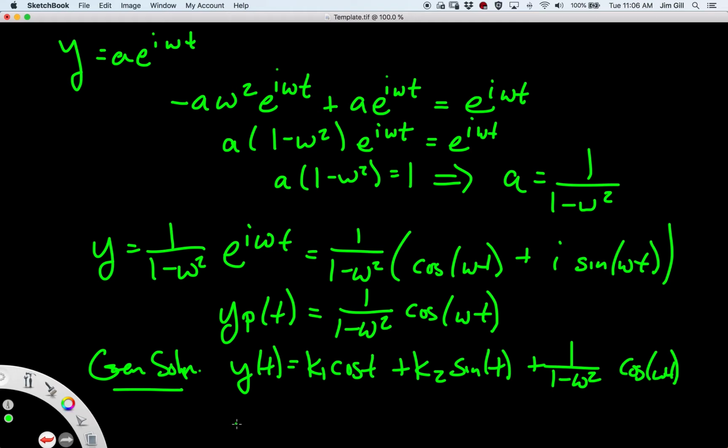We want to start looking at some pictures and talking about that. So let's pick a particular solution. Let's set y of 0 and y prime of 0. So we're going to start completely still and at the equilibrium position. So we'll have y of 0 equals 0 and y prime of 0 equals 0. When we do that and solve for k1 and k2, we get the following